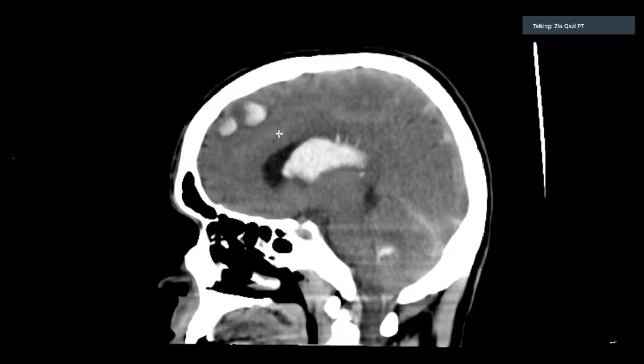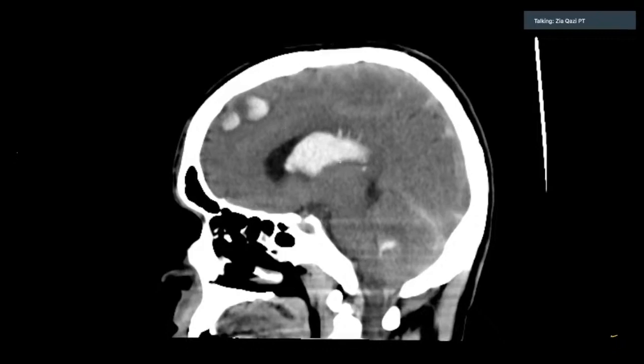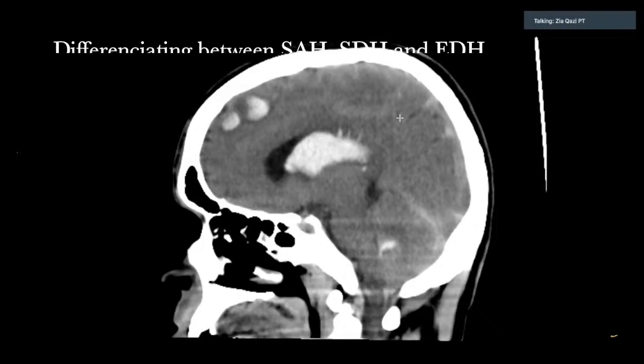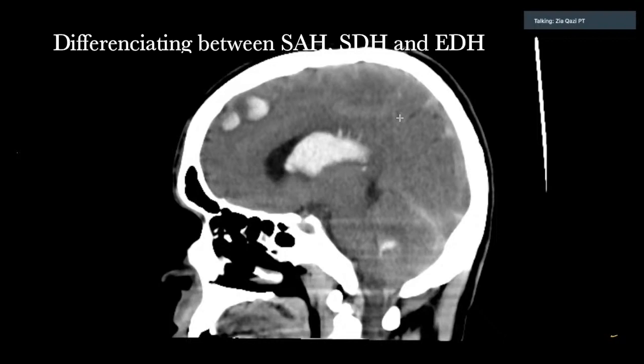So how do you differentiate between all these three? You see where the blood is going. Now one thing we know is this is definitely blood, it is hyperdense. But how do you know if it is a subarachnoid hemorrhage along the brain or a subdural hemorrhage? You keep in mind the meningeal layers. If it is below the arachnoid, it can enter into the sulci and gyri. It can cover the whole brain tissue, not go inside the brain tissue.